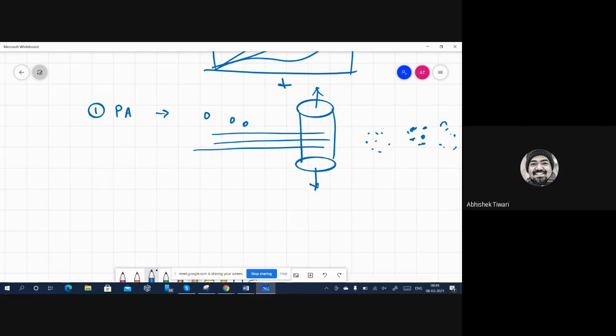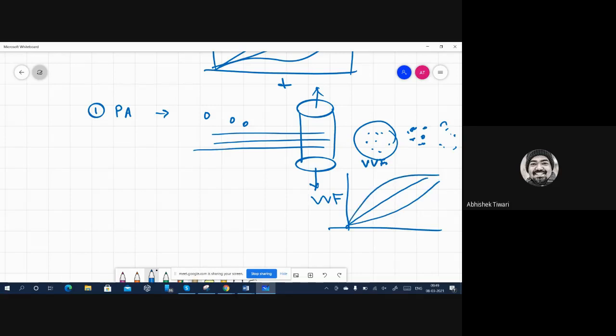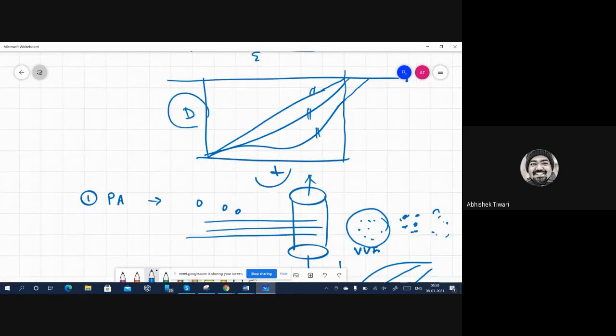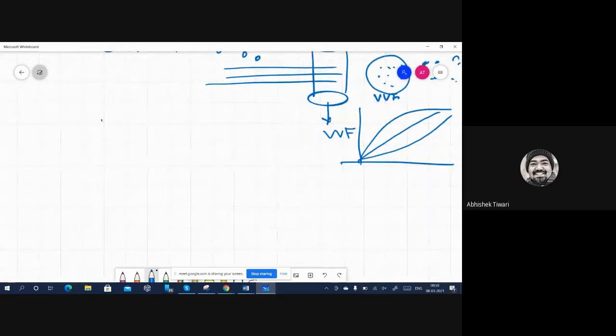So this is actually the void volume fraction you're taking. In the whole volume, how much is the volume of these small voids, and how is that void volume fraction going to increase? Is it going to increase linearly? It is going to increase like this or like that, or whatever path. And from this information, you describe this behavior. This is one way of doing it. Another way of doing it is,